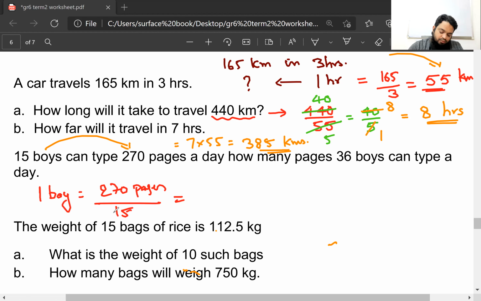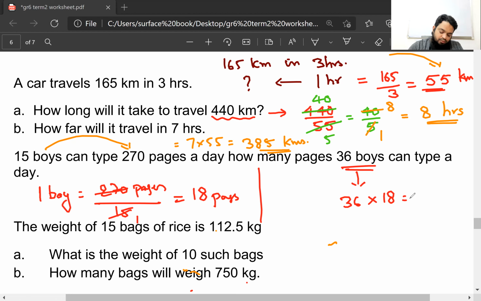So how much? 15 ones are 15. Let us see whether it divides or not. Here also 15 ones and 120. In 120, I think it is 8 times. So one boy can type how many pages? 18 pages. So now you got 18. So now 36 boys can type how much? 36 times 18. That is equal to,